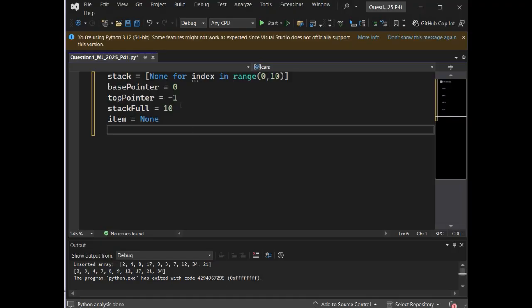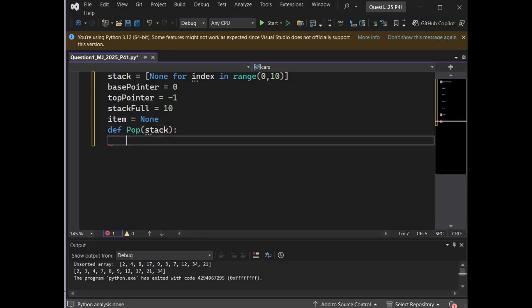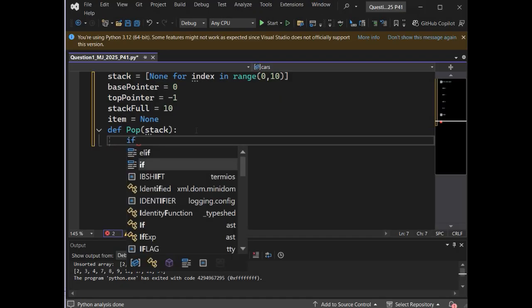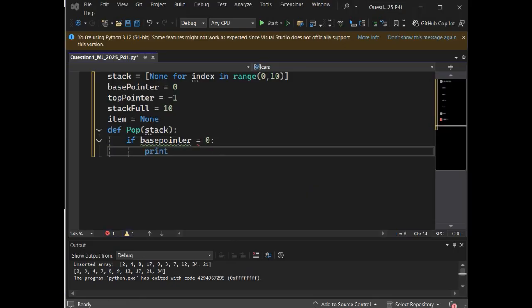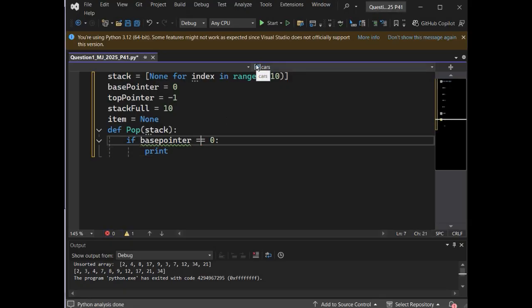So this is stack. Now def pop stack, if base pointer equals 0.